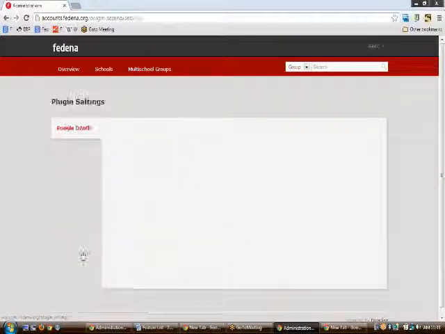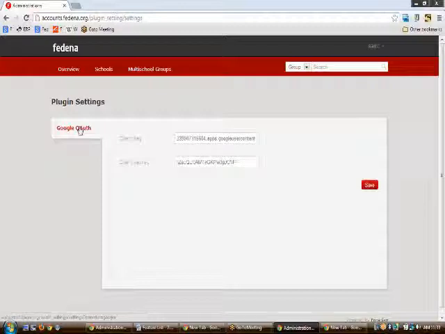Now I would be telling you more about the plugin settings. Once you click onto the plugin settings, we have something called here Google OAuth. Google OAuth is a plugin which requires some kinds of settings. So we have some kind of settings for it here. If you want to log in with your Google account, you can just create a client key and client secret in your own Google account, and you can write it up here.